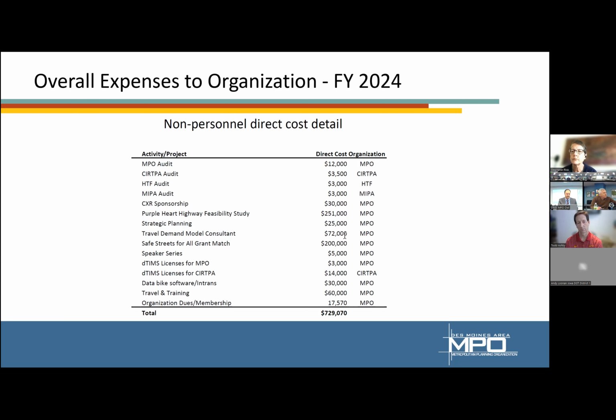We also have that $72,000 for the travel and demand model consultant that we approved earlier. Again, it won't be $72,000 total in next fiscal year because part of that will be this fiscal year. So these numbers will be reduced a little bit based on that. Everything else in there is pretty standard stuff for what we do as far as putting the audit in there, sponsorships to various things. We do have $25,000 in there for strategic planning. We have that in this year's budget too. We haven't touched it yet, but if and when we want to update our strategic plan, we want to have money in there for the consultant.